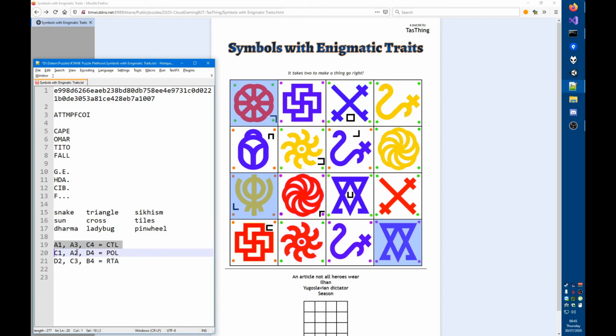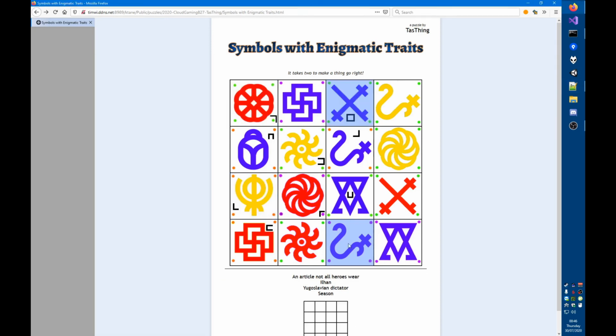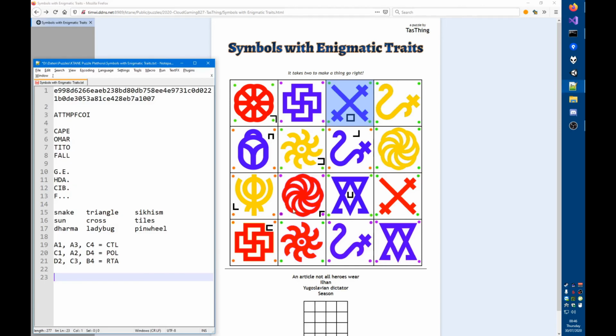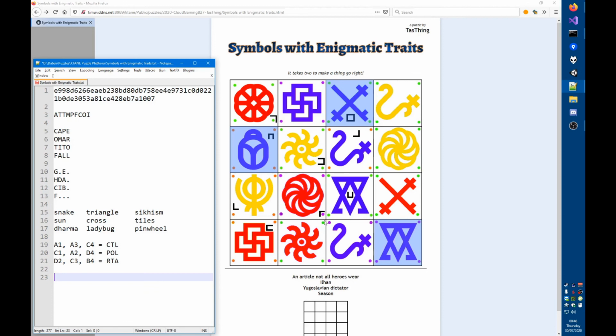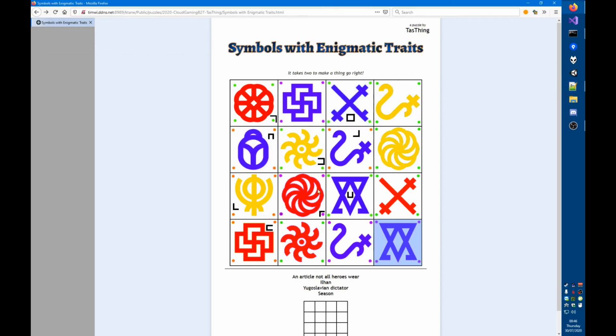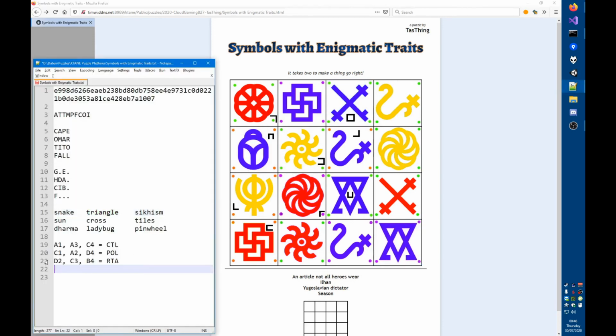Ooh, I made a mistake there, so this isn't even a set. And this is particularly annoying because, oh, wait a second, it says Charlie 4. Oh my gosh. Okay, so we do have a snake, so that's good. I was about to say that, if I made a mistake in finding them, I probably also made a mistake in skipping some. So here the colors check out, the dots check out, and the symbols are cross, ladybug, and triangle. Yep, that works. And then the last one was D2, C3, and B4.